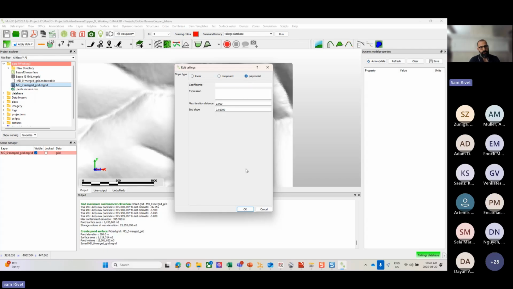And then there's polynomial. Now this would be where you enter in a function. So I think this would be used when you really want to recreate a very realistic projection of how your tailings are going to slope. So you would take existing survey data of your tailings beach, and then you could drape a line onto your